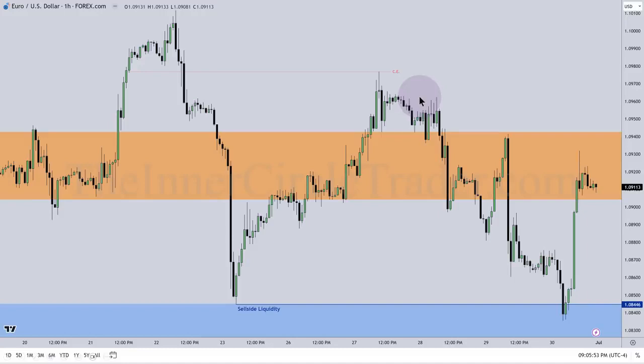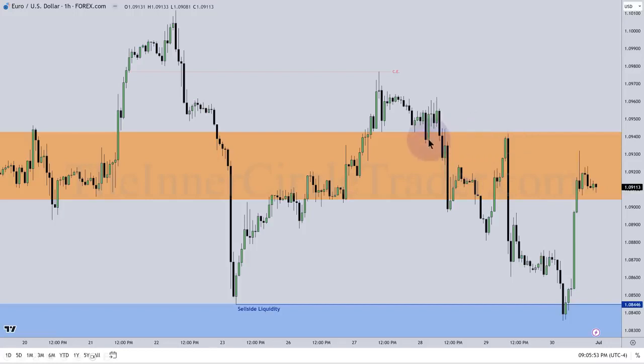So we have a breaker in here. I know it looks rather sloppy, and I'll be teaching a little bit more about breakers in the latter portion of this lecture. So all of this run here, extend that over. You can see we're hitting that perfectly there, and it just so happens to be near the upper end of that old inefficiency. So we're blending a lot of things in terms of inefficiency and buy side liquidity. Buy side would be resting above this short-term high here. So we rallied above,